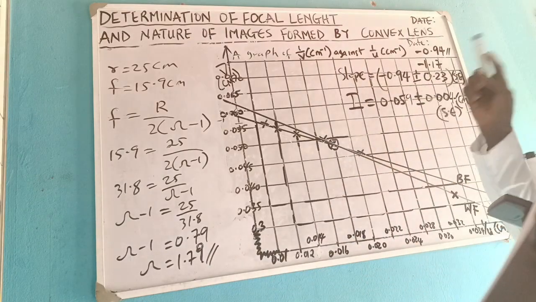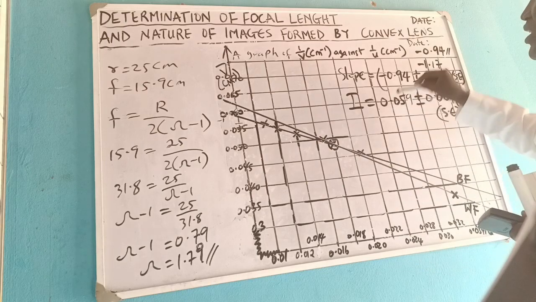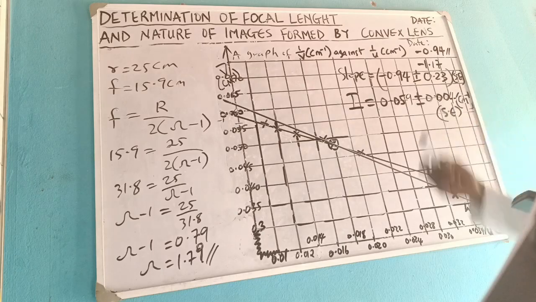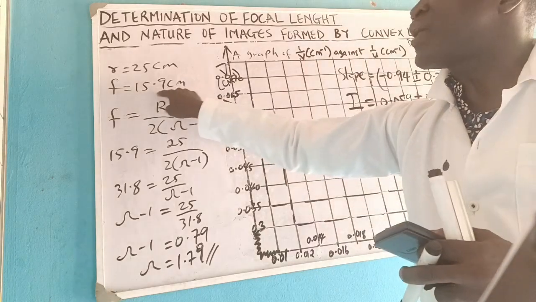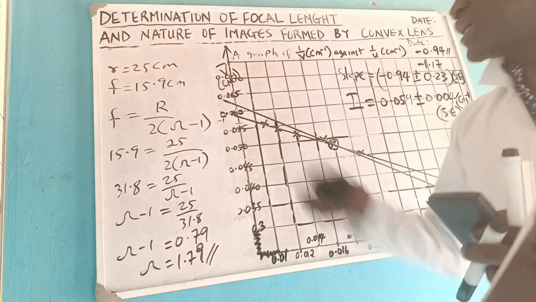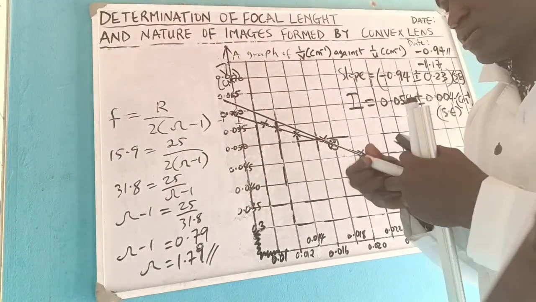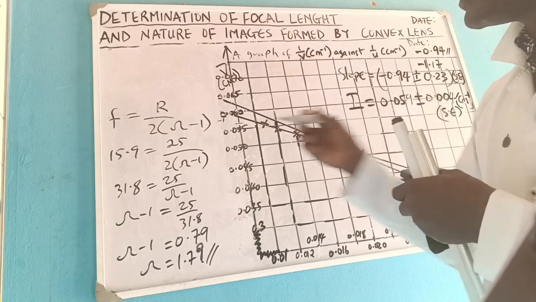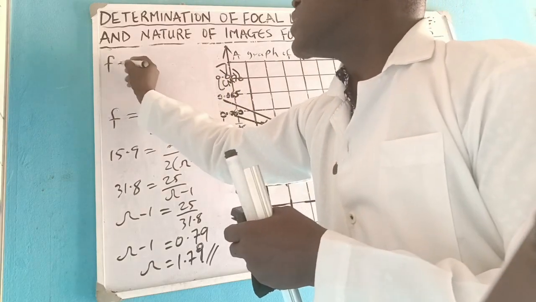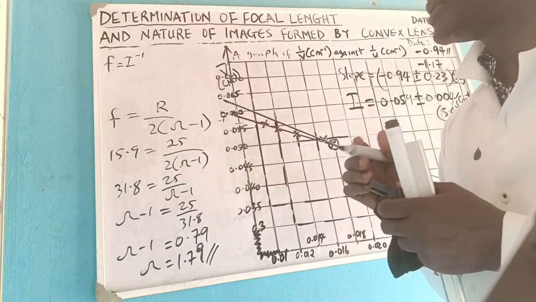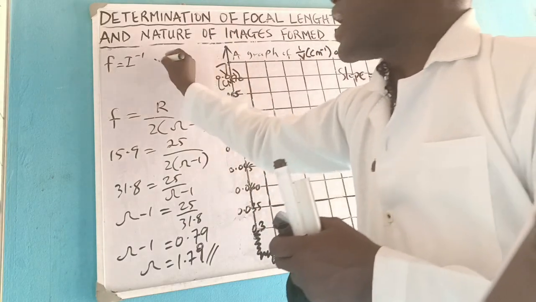It is equally important to get the error in the focal length gotten. If you're able to get the error in the focal length, it will even take care of this 15.9 you got. Let's see what I mean. We have that focal length is equal to the inverse of the intercept. Are you getting it? Therefore,